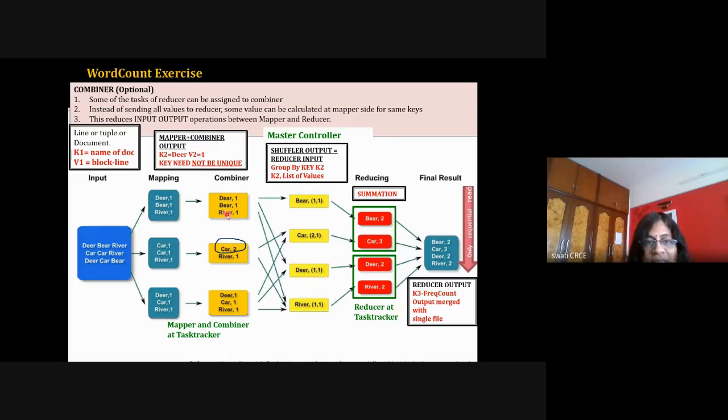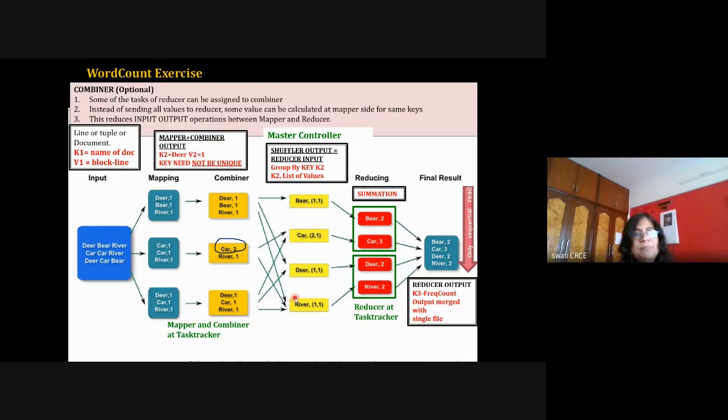Or if river is the word, it is shuffled from this machine to the reducer for this. This is the queue, the input for this reducer, and this part is the output of the shuffler. So river came from here to here by shuffle. This river also has reached here, and this river also reached here.